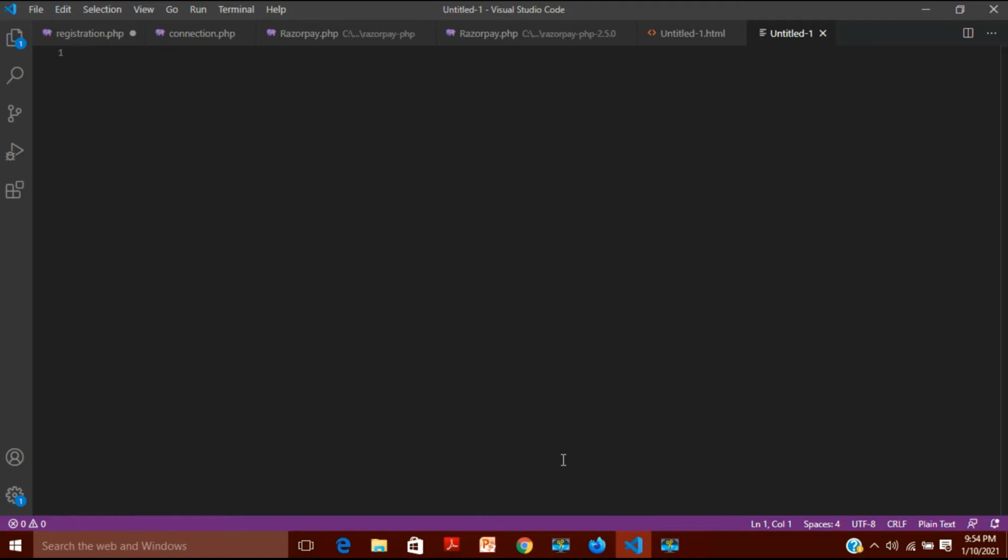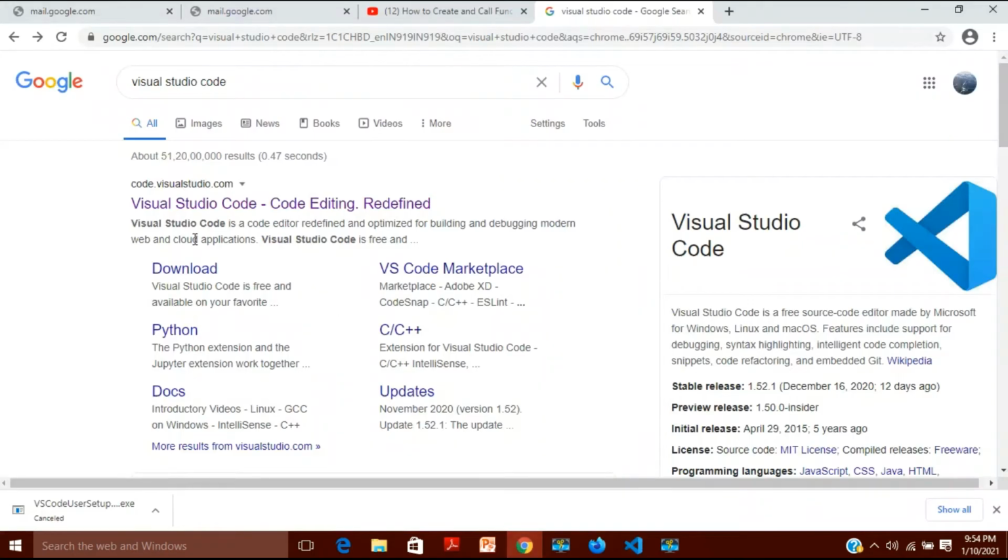Any of the web browsers you can use: Chrome, Firefox, Internet Explorer, any web browser. Okay, so let's first of all download it, and to download Visual Studio Code, what we have to do is go to Google, and inside Google you can type here Visual Studio Code, and after that you click here,